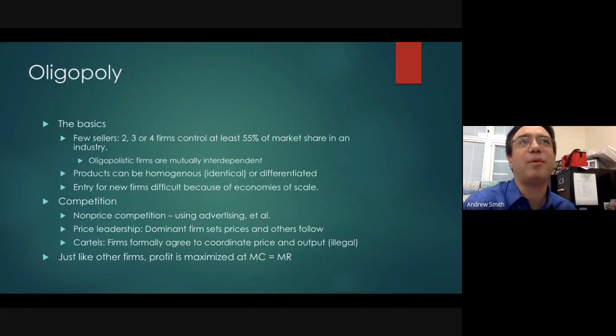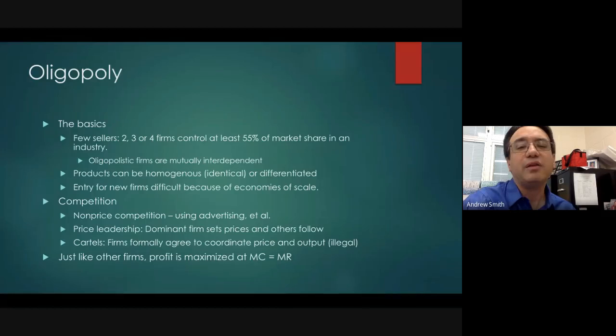The comic book industry, you've got Marvel and DC. It's an oligopoly. You've got 2 firms that dominate it. The cell phone industry is basically an oligopoly of 3 firms, AT&T, Verizon, and T-Mobile. And it used to be 4, but T-Mobile and Sprint merged after the government kind of spiked an AT&T T-Mobile merger. The airline industry has 4 airlines, United, Delta, Southwest, and American, that control about 85% of the market. There are other airlines. There's Alaska Air, there's Allegiant, there's JetBlue, there's some others, but they're very, very small players in the industry.